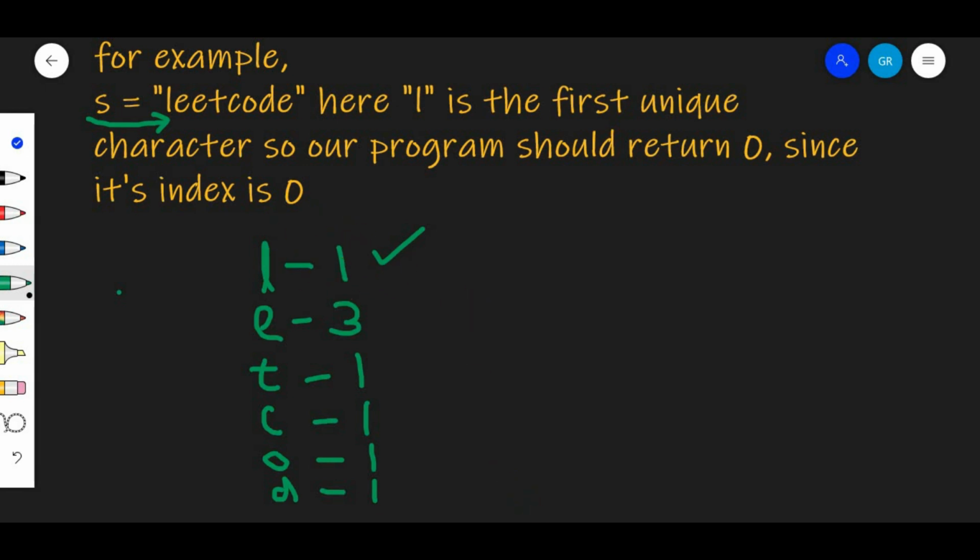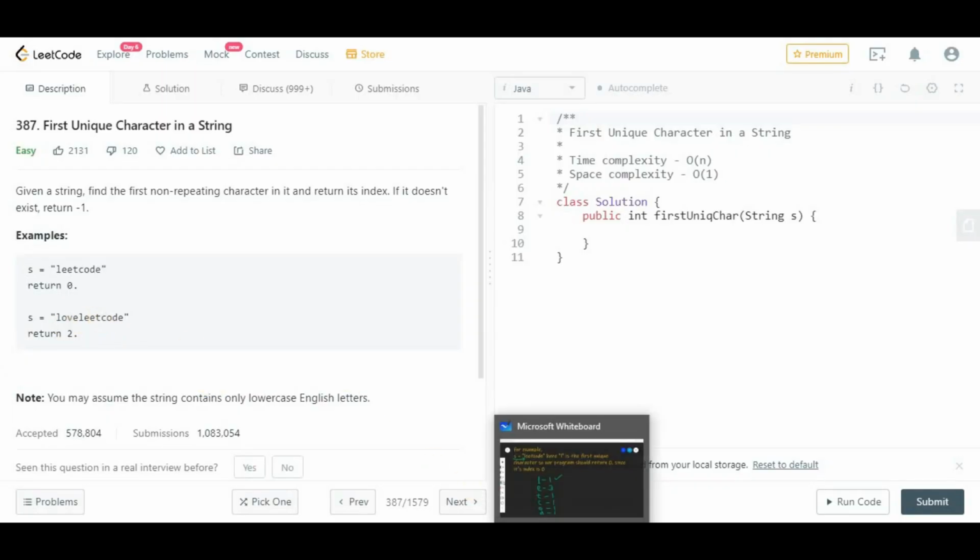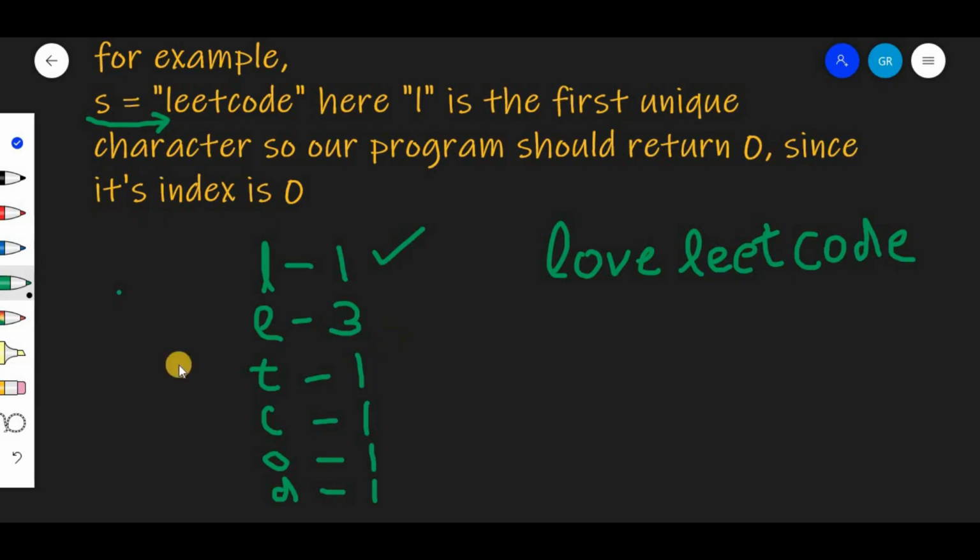Let's take one other example which is given here. Love LeetCode, right? Here we can see L occurs 2 times, likewise O occurs also 2 times, but V occurs only 1 time.